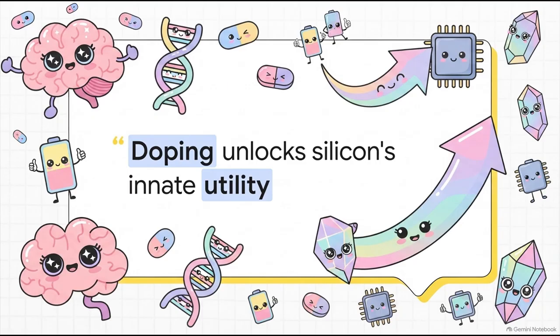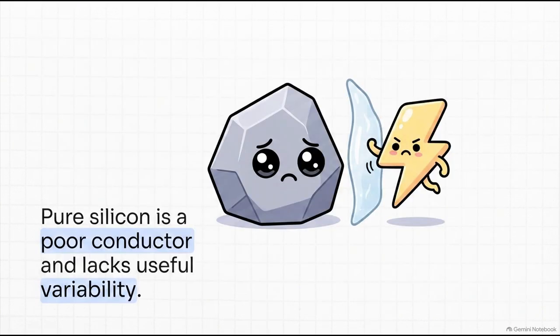Introducing impurities into chemical elements is literally the foundational engineering step used to build the entirety of the modern digital world. Now, what's really interesting about this is that silicon, the famous material that built Silicon Valley, is practically useless to us in its native, pure state. Undoped silicon is a poor conductor of electricity. Sure, it has some natural conductivity from broken covalent bonds in its crystal lattice, but it completely lacks useful variability.